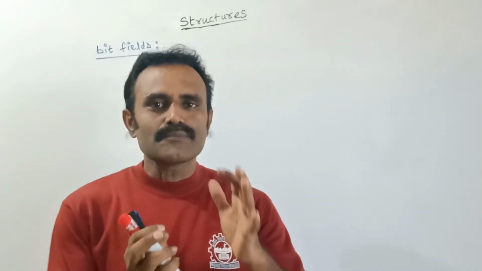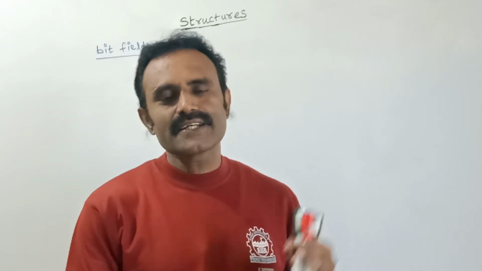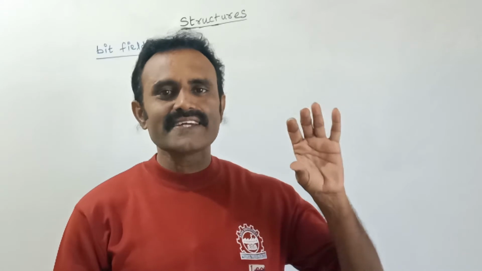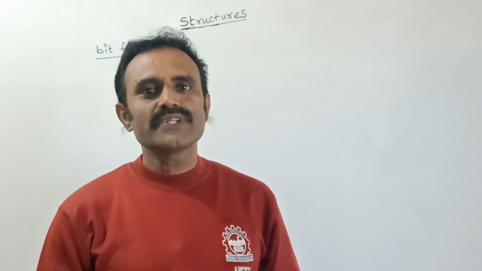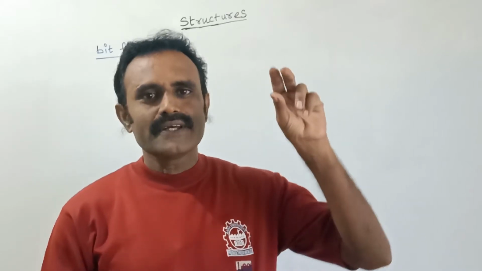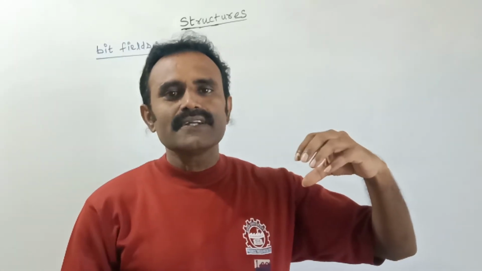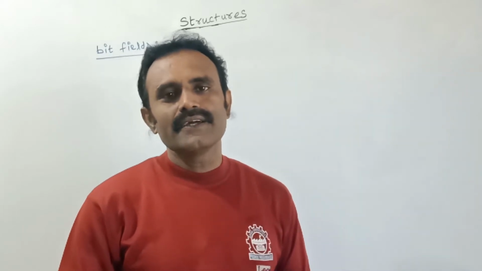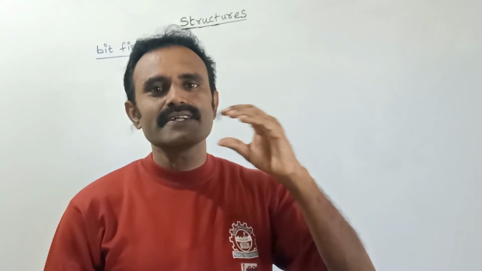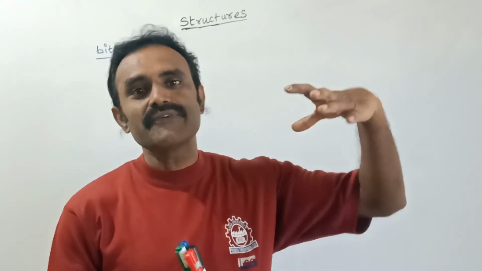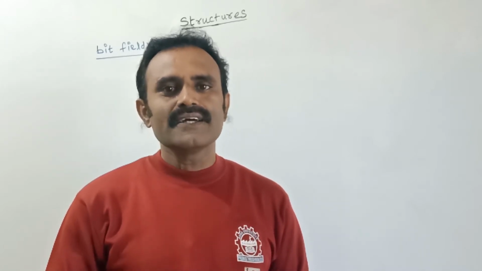For example, suppose you are creating a structure. Normally, how will we create the structure member? Inside the structure you give some data type and the structure member name, so that depending upon that data type the structure member will occupy the memory. For the structure member we can align the memory. Previously we saw that each and every structure member occupies the memory byte-wise. What is the minimum size of a data type in the C programming language?